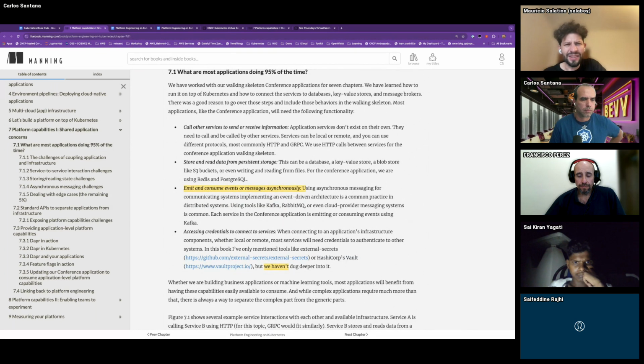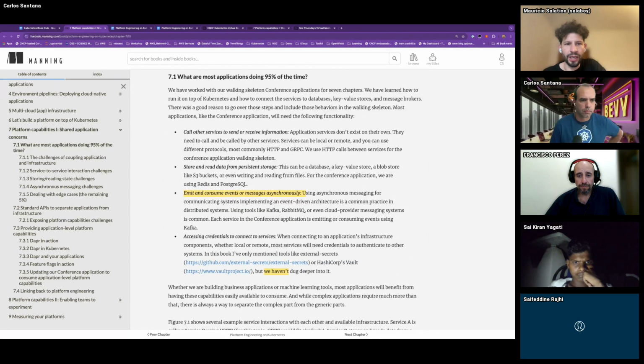I start with a quick analysis of what applications do most of the time, right? Applications are all about reading data or storing data, or maybe emitting events or consuming events from other services, and then probably accessing credentials and having the right mechanisms to interact with other services whenever they need it. I start with that very generic introduction just to say, okay,